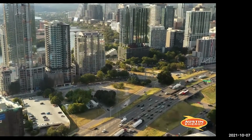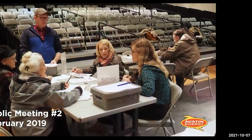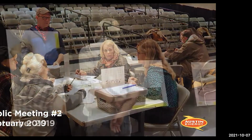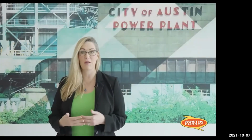We're so excited to be starting construction on the Rainey Street Substation. Because the Rainey Street Substation is in a very visible area of downtown, we went through a very thorough community engagement process. We had 3 rounds where we talked to the community about their concerns during the first round. We came back and presented some design ideas for them in the second round. And then in the third round, we really showed them what design it was they chose. And we heard from over 600 different people about what it is they were looking for in the Rainey Street